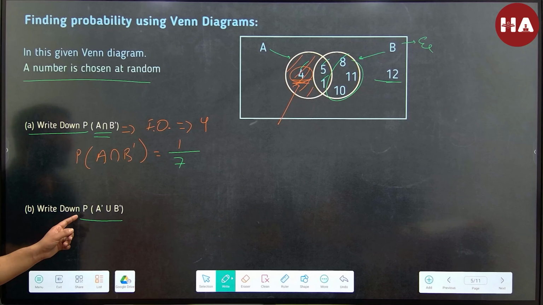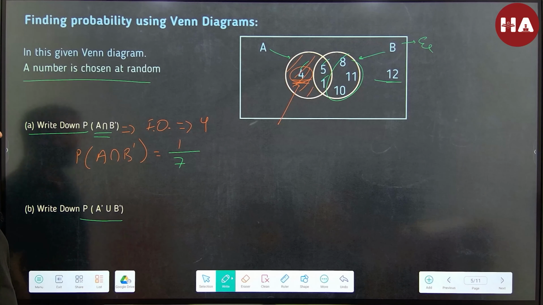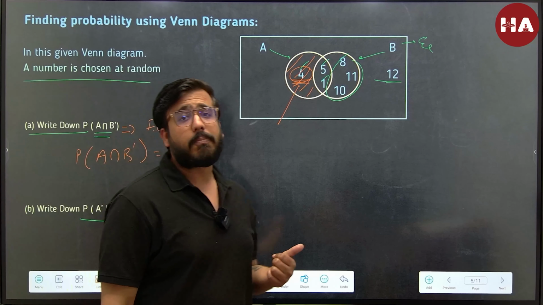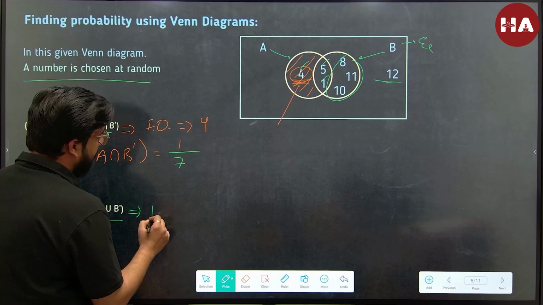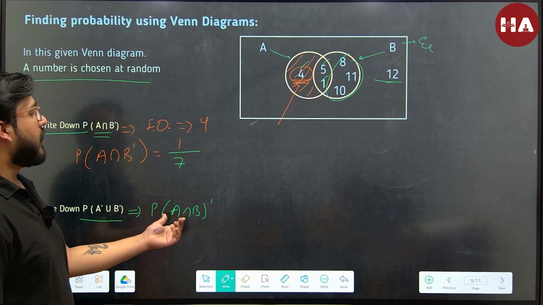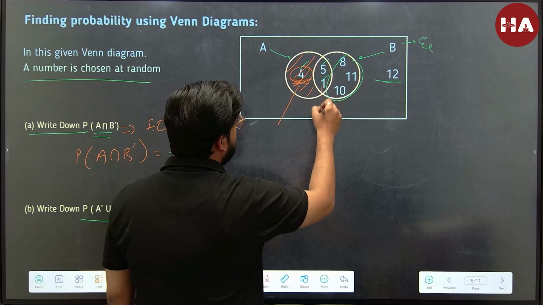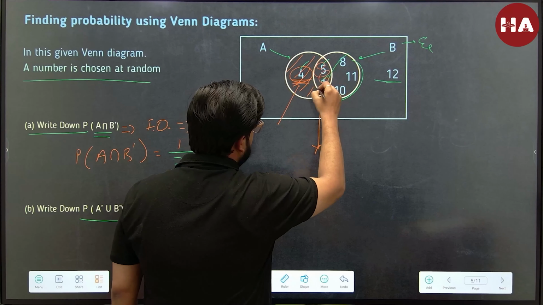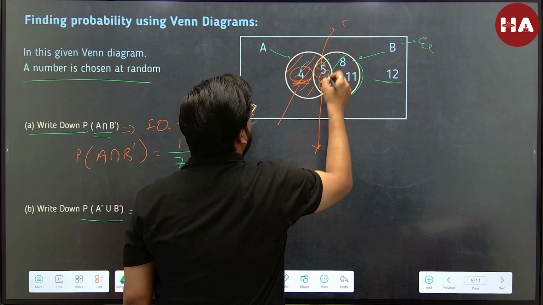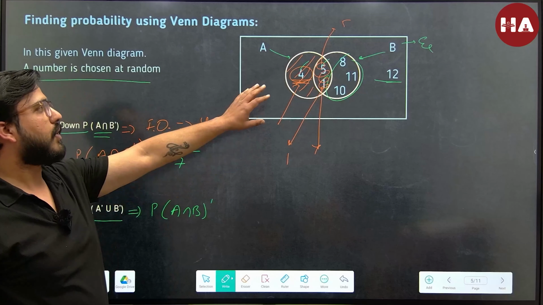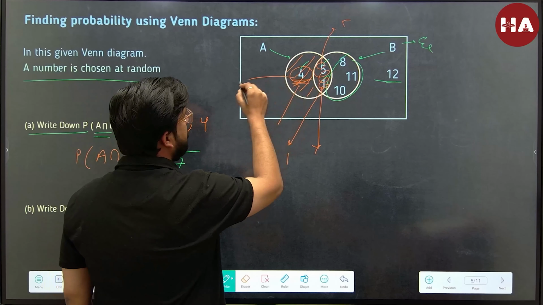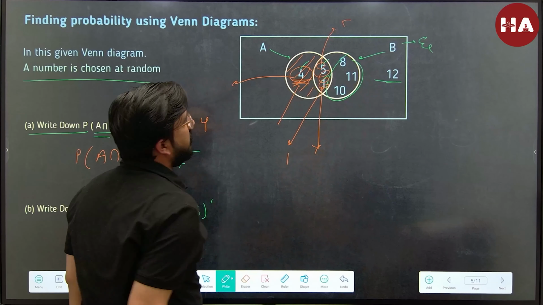So I have to find what? The probability of A complement union B complement. So as you can see, A complement union B complement can be written as A intersection B complement. So what does that mean? You have to exclude the intersection part, that is this part, as you can see here. So number 5 and number 1 will be excluded. So we have excluded this part, okay, and all the rest of the numbers will be considered. So you can see, you can count 1,